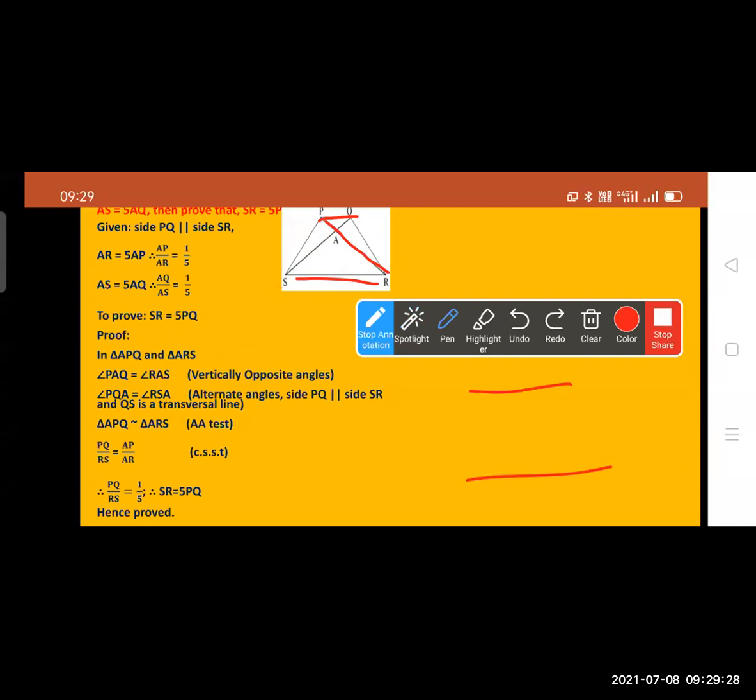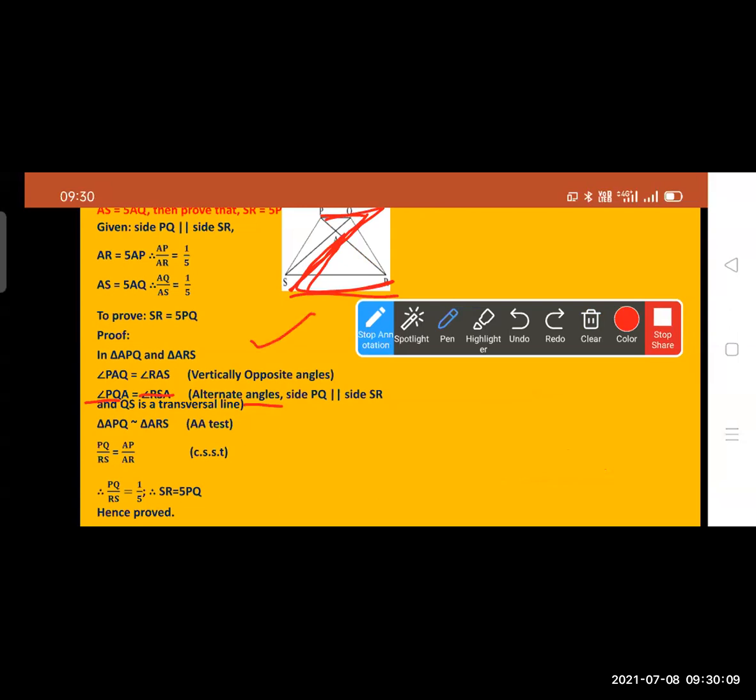If lines are parallel and this one is the line that is called transversal, so this angle is congruent to this, that is called the alternate angle. So in the given question we write angle QPA congruent to angle ARP, alternate angle. Here we write the condition: PQ is parallel to RS, QS is the transversal. So you can also write it as these two lines are parallel and this one is transversal. So angle PQA is equal to angle SRA, alternate angle.